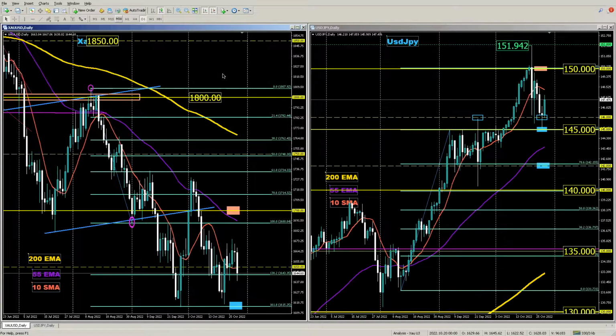And this is the weekly technical analysis for spot gold and dollar yen. Let's begin with spot gold